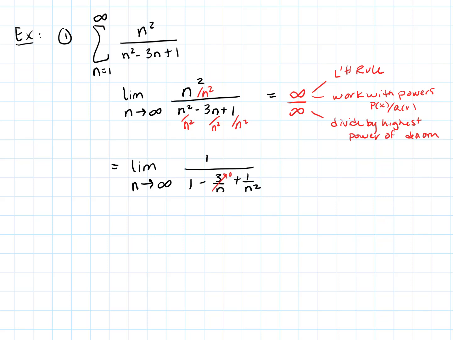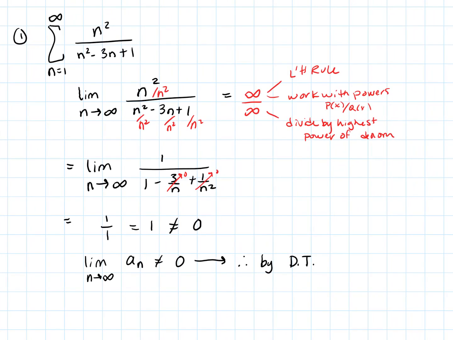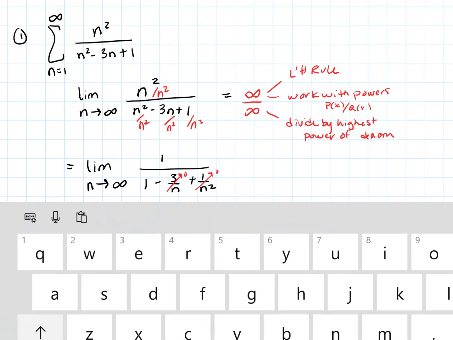And of course, as we let n grow without bound, these two terms in the denominator are going to approach 0, and this limit is going to be 1 over 1, which equals 1, which very clearly is not equal to 0. And so what I've just shown is that the limit of the terms in this series does not equal 0. So we can say, therefore, by the divergence test, and I am going to abbreviate DT for divergence test, the series